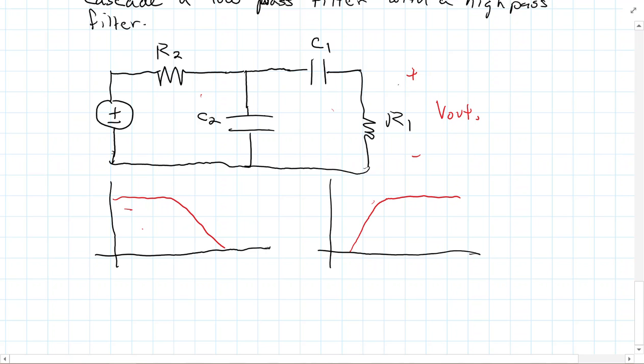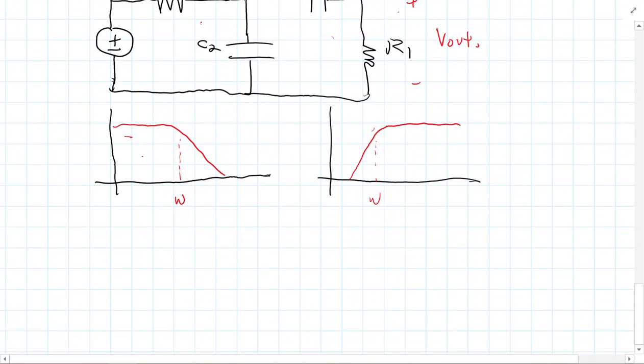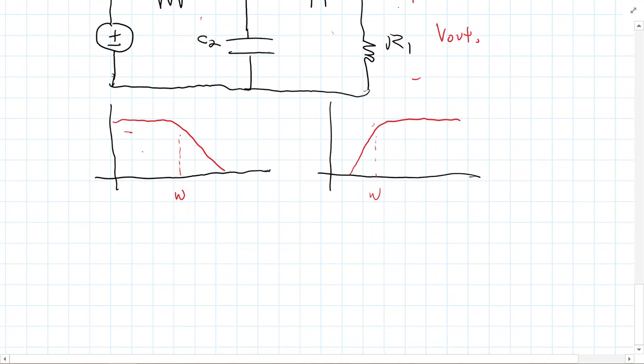So we have to be careful because we have these cutoff frequencies, or corner frequencies, omega, and then another one here of omega. But we have to think about, when I combine these together, how I would want to do this. And so I'm going to draw a picture showing you how we're going to cascade these together, because essentially we're going to multiply the responses